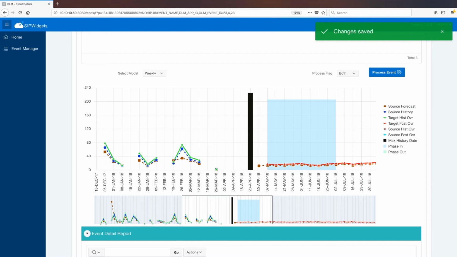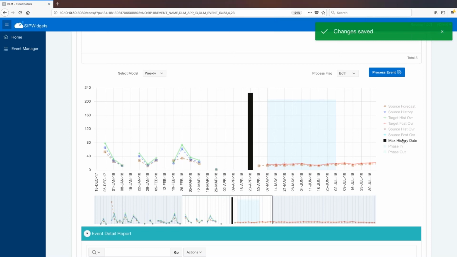The green line here indicates the model chain target adjusted history override, and the red line in the future presents the target forecast override. The blue region, as you see here, indicates the launch period, which is defined by the start of the launch and end of the launch.